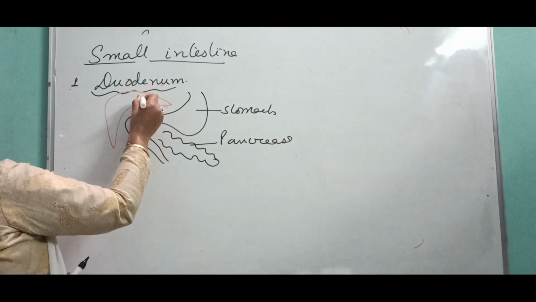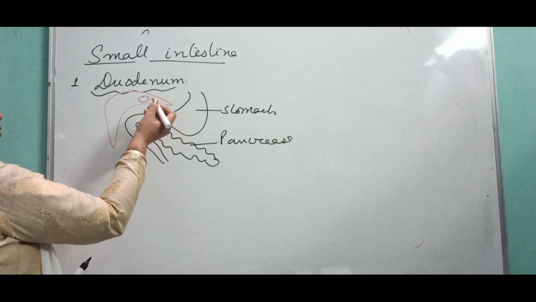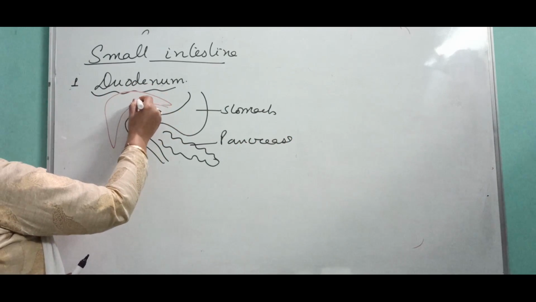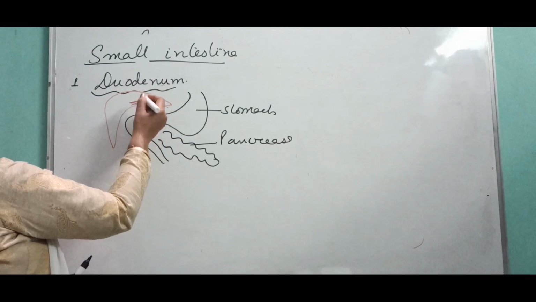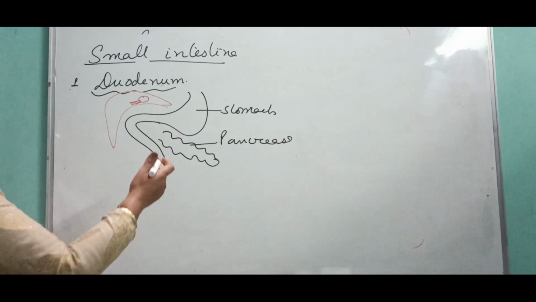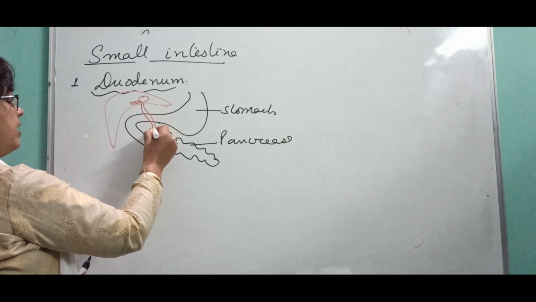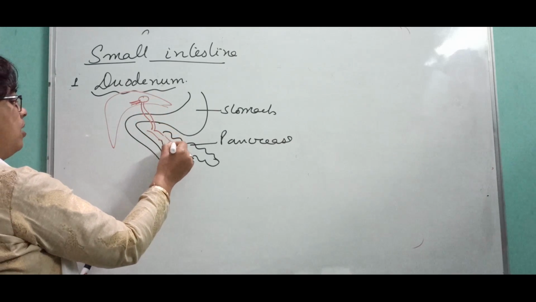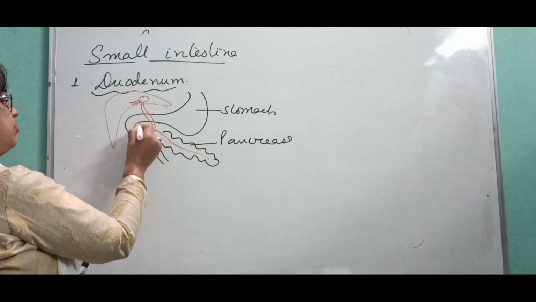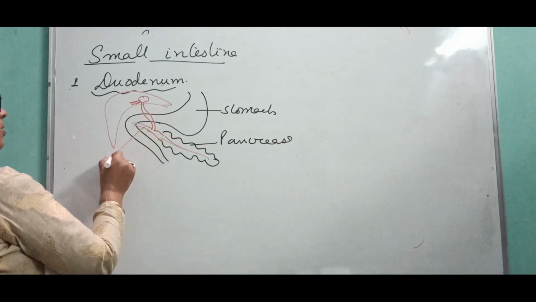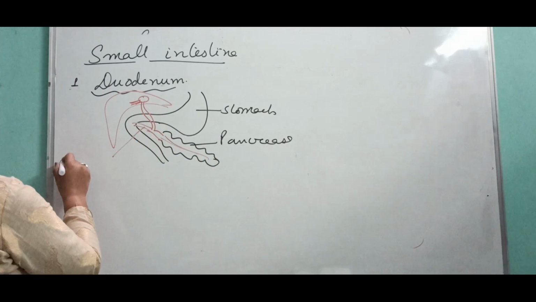This liver contains the gallbladder. The gallbladder is the storage device outside the liver, but the liver makes bile, and that bile is stored by the gallbladder, and a duct opens into the pancreatic duct, and the common duct which opens into the duodenum is termed hepato